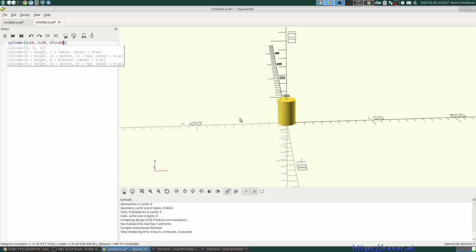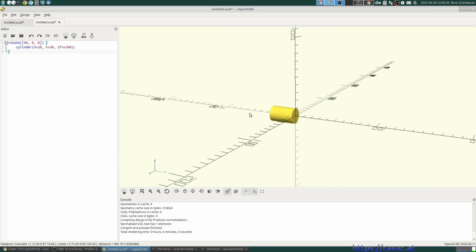one thing is the cylinder is always in this direction. What if we want to change that? We can just say rotate it 90 degrees, 0, 0. And that's rotate of the x-axis, y-axis and z-axis, and we rotated it,